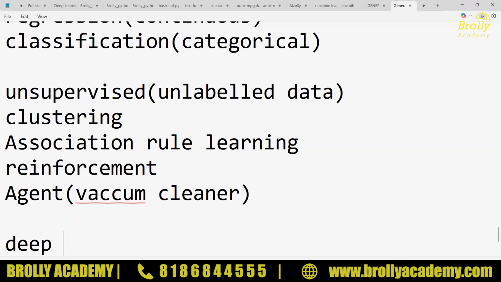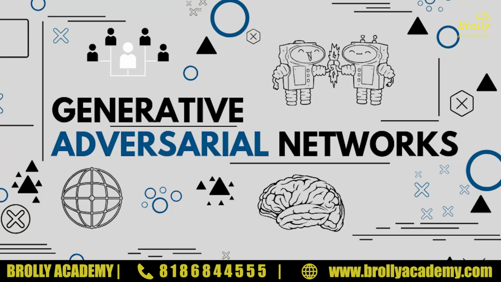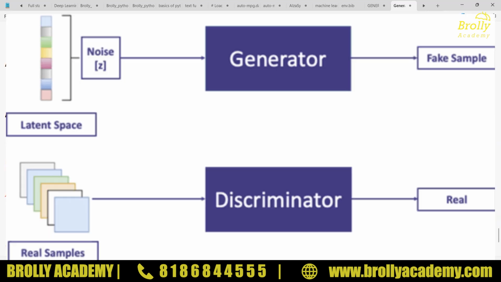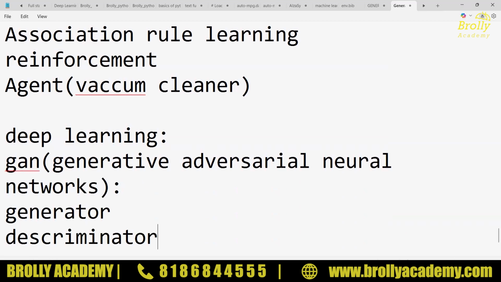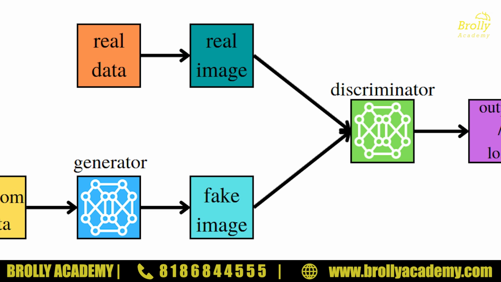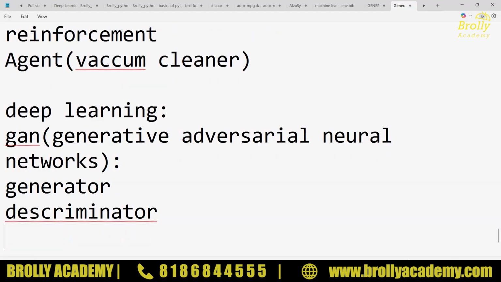As I had told you, what are the models involved in deep learning? GAN. What is GAN? Generative Adversarial Networks. In this we will have two things: a generator and a discriminator. The generator creates the image or content. The discriminator checks whether the content you created is proper and correct, focusing on how accurate the image is, whether it is fake or real. This is how a GAN works.